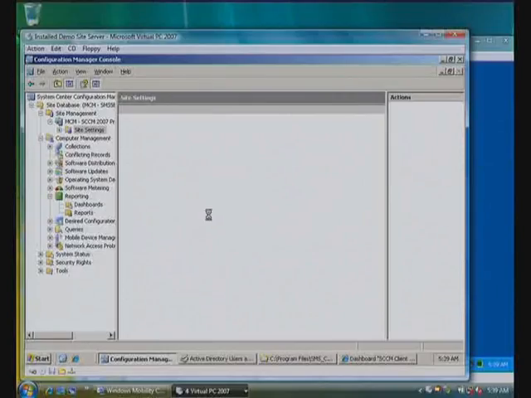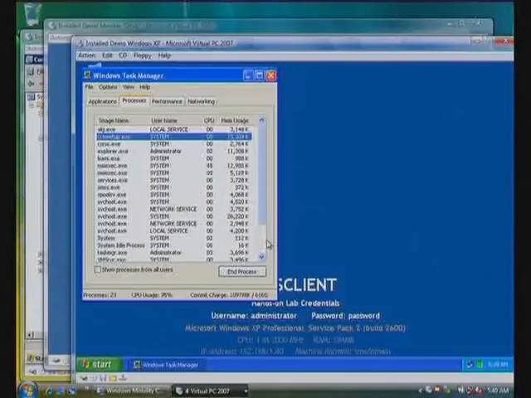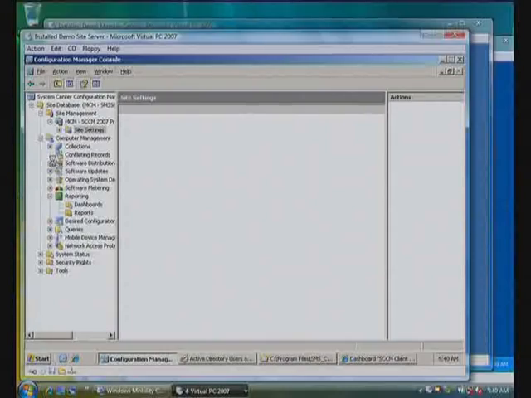I probably could speed things up by turning off some of the VPC images now. Let's see, that's our demo server. So the Windows XP client is still in the installation phase, and we know Windows 2000 already succeeded. So, all right,